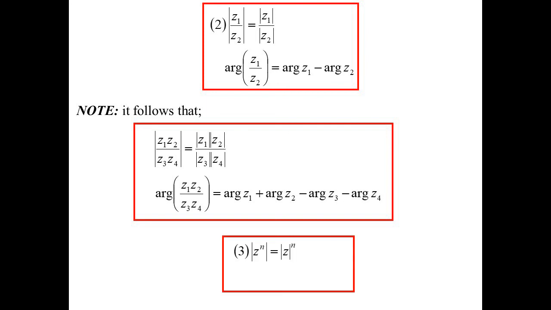Raising a complex number to the power of n, well, we just said with the multiplication, I could get each individual moduli multiplied together. Well, in this case, it's to the power of n. So therefore, I've got n of them multiplied together. That would be the modulus of z, all to the power of n. But when it comes to the arguments, because I'm adding each of those, I'll end up with n lots of the argument. So if I want to find the modulus and the argument of this particular complex number, I could